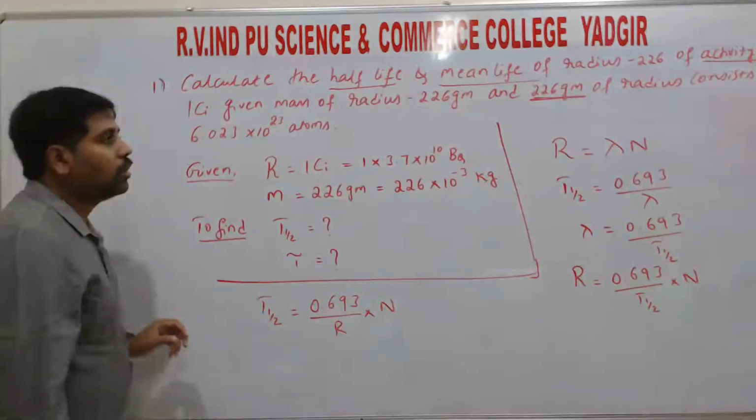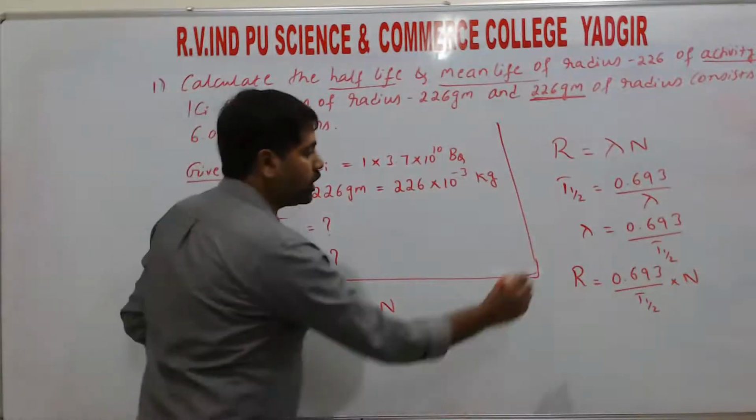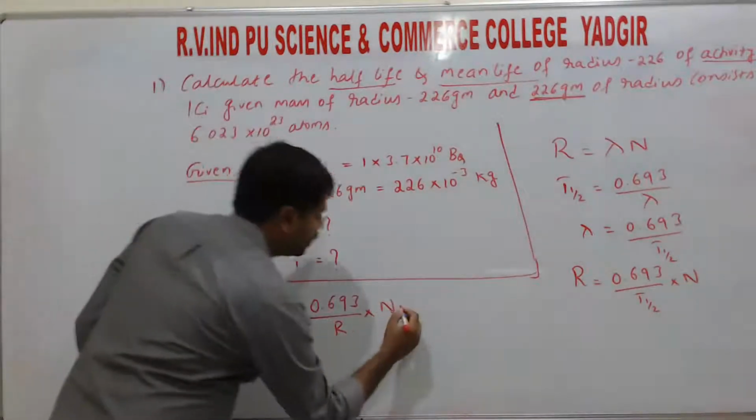So for the total 226 grams, the number of nuclei present is